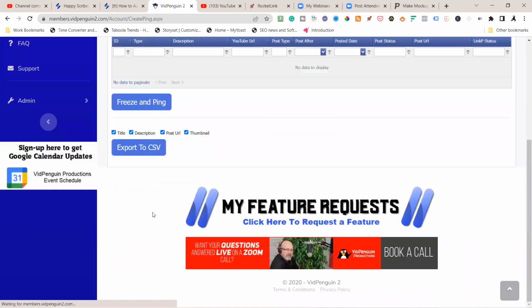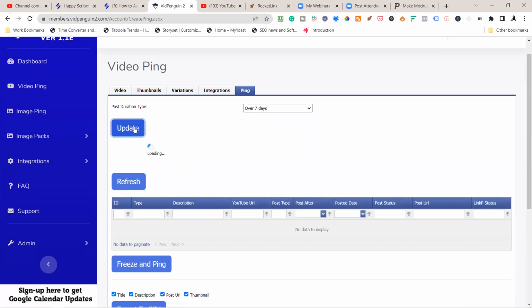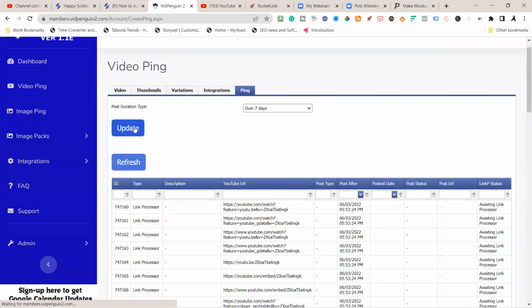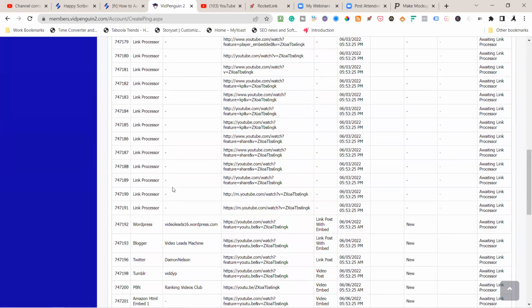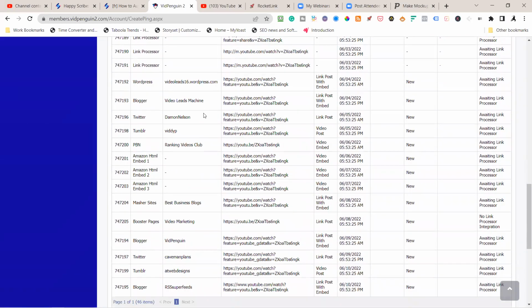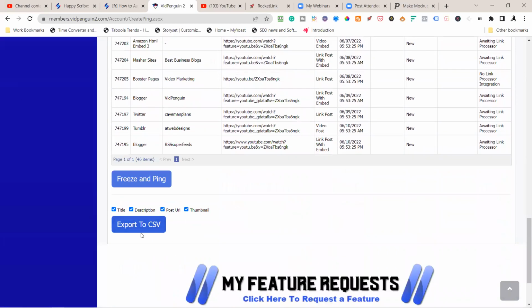Now, when you're using these templates, if you've already got them preset, it really is a lot faster. So what I'm going to do, I'm going to go over the next 7 days. I'm going to hit update. Okay. And you see all the link processors are going out immediately. Then I have a WordPress, a Blogger, and here's some, they're all going to get started here. So I've got 46 links I'm building. And all I do is hit freeze and ping